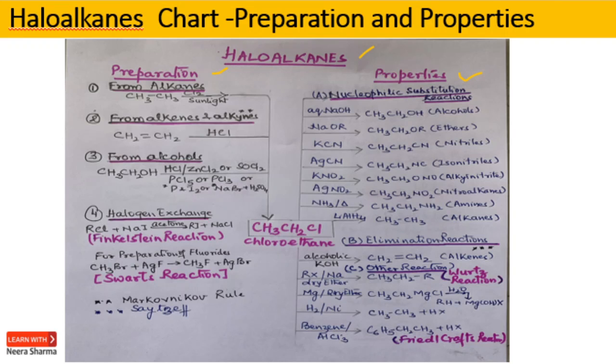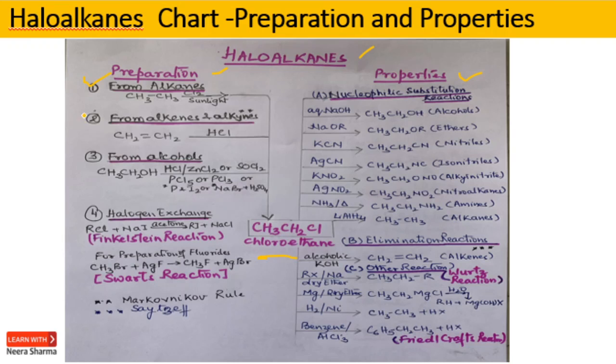Mostly what happens is the child forgets. If I say I want to prepare an alkyl halide, you tend to even forget from what. If I remember from what, I will get the reaction. So what are the methods of preparation of chloroethane? We have taken chloroethane in general. What are the methods? One, from alkanes. You have seen it in class 11th. That means if I take an alkane, halogen plus sunlight, I will get